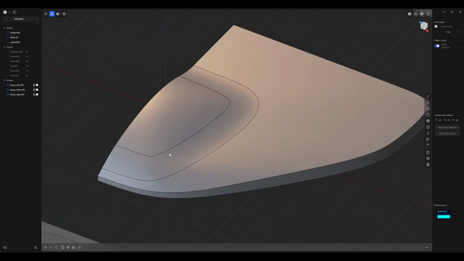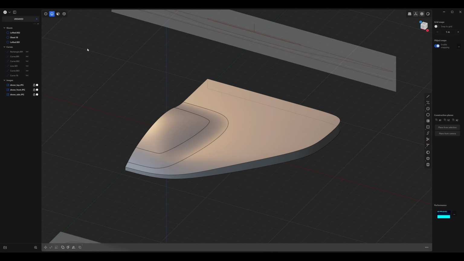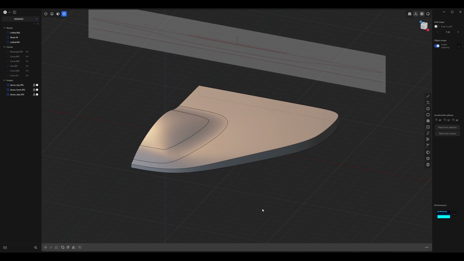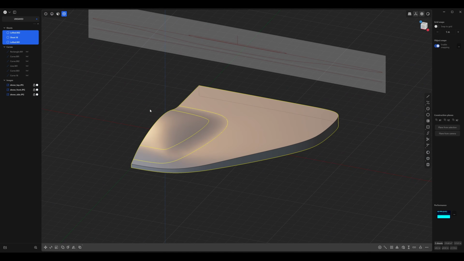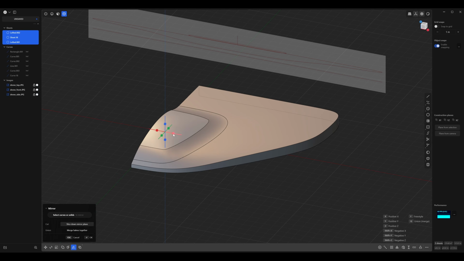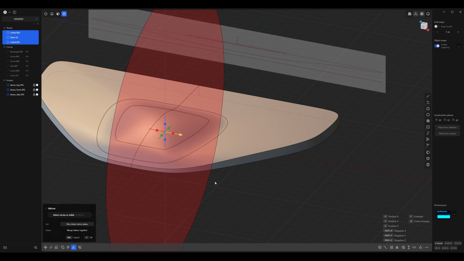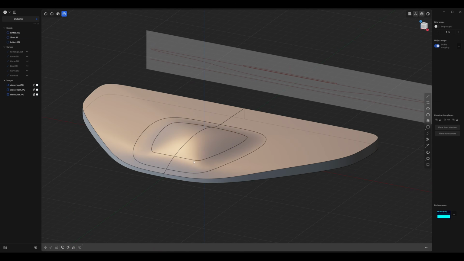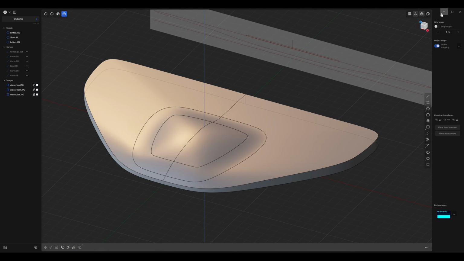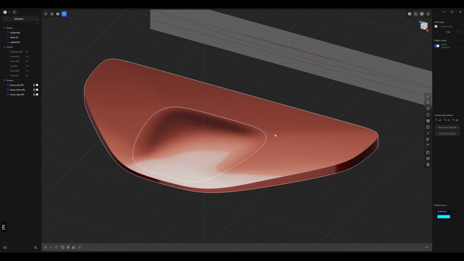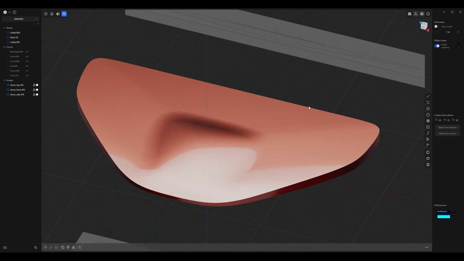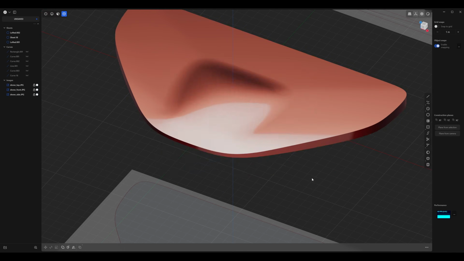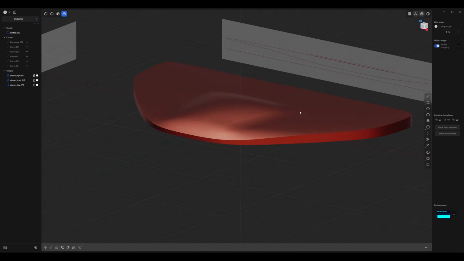Okay, now that we've created this surface, let's go to body mode and see what it looks like when we mirror it over. So select both of them, Alt X, and let's mirror it on the X axis and merge halves together. Press OK. And let's just see what this looks like in this red shaded mode without the edges. You'll see some gap here because they're not merged. So let's select everything and press J. And now it's one fluid surface.